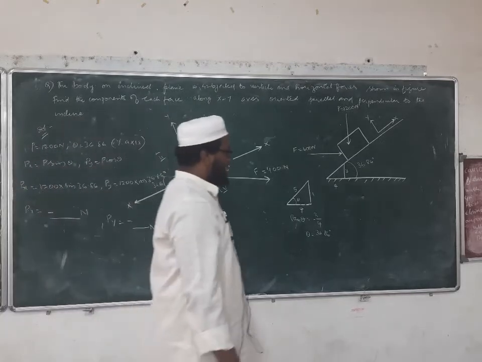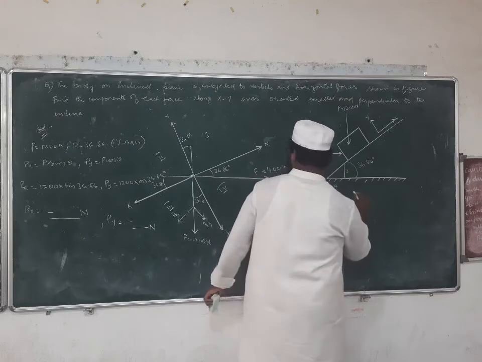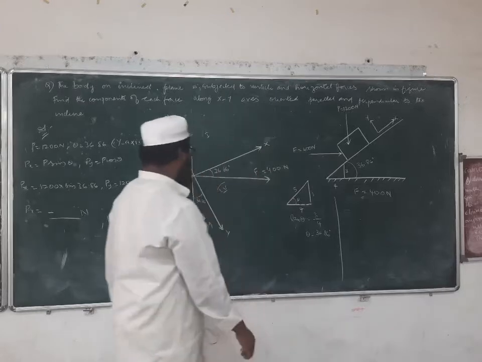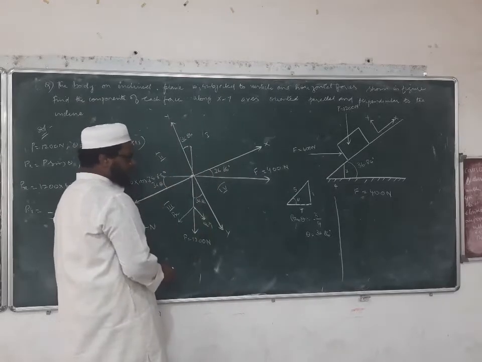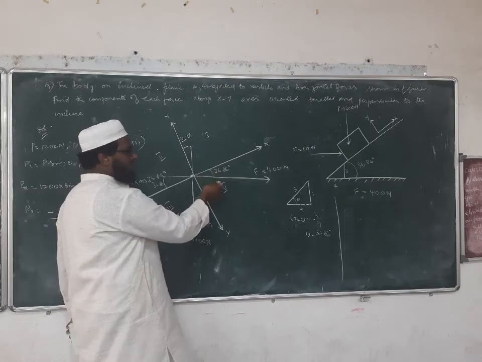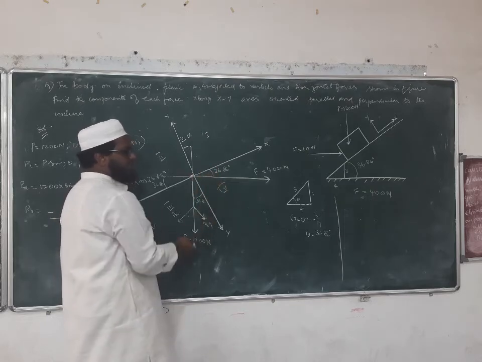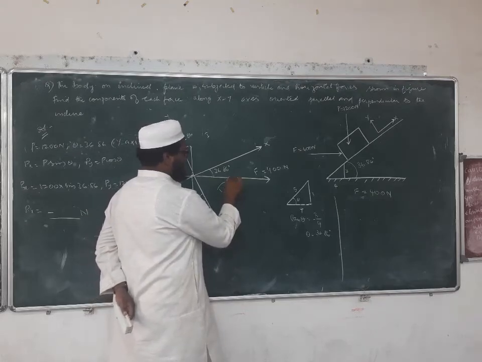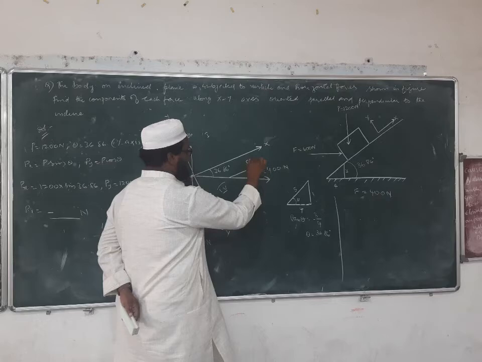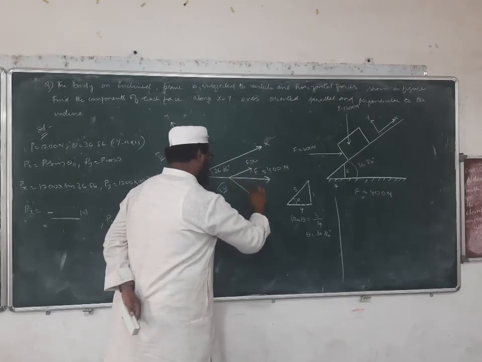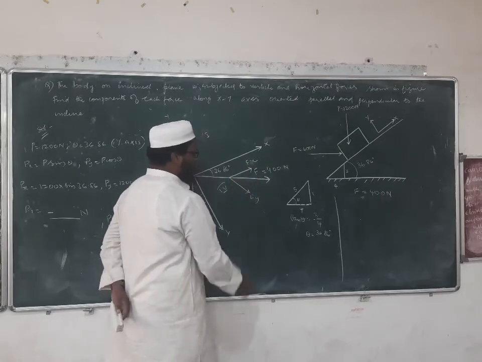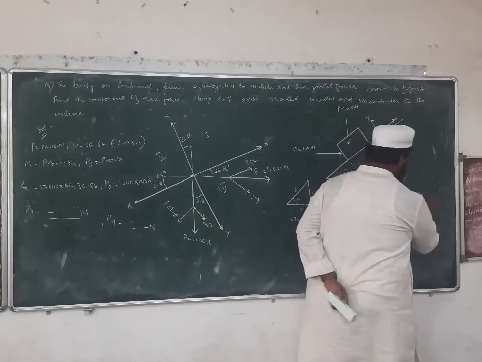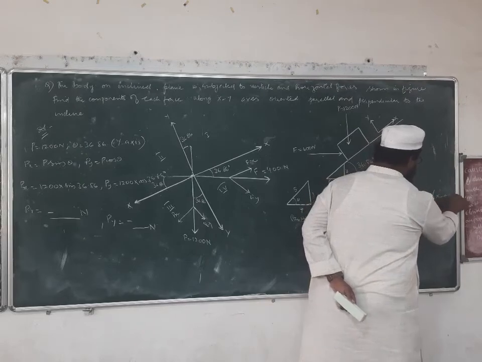So now next we will go for the next force, that is F equal to 400 newtons. Here also you see, where is the force F? F is making an angle of 36.86 degrees with the x axis, not with the y axis. So what will happen to F now? It will go in this fashion. This is Fx, and this will be Fy. Since the angle is with the x axis, theta is equal to 36.86 with the x axis.